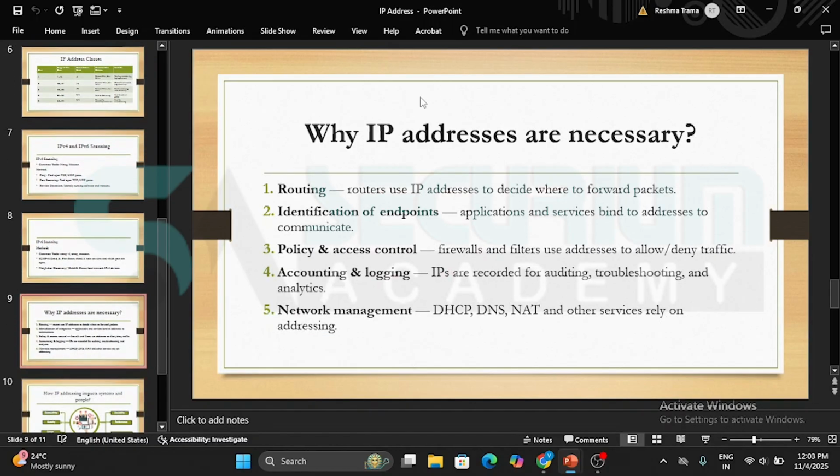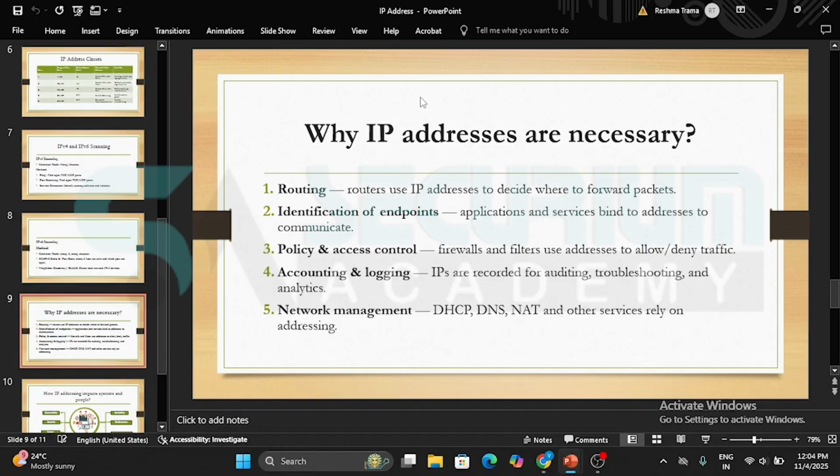Now we will talk about why IP addresses are necessary. There are many reasons, for example, routing, identification of endpoints, policy and access control, accounting and logging, and network management. In routing, routers use IP addresses to decide where to forward packets. In identification of endpoints, applications and services bind to addresses to communicate.